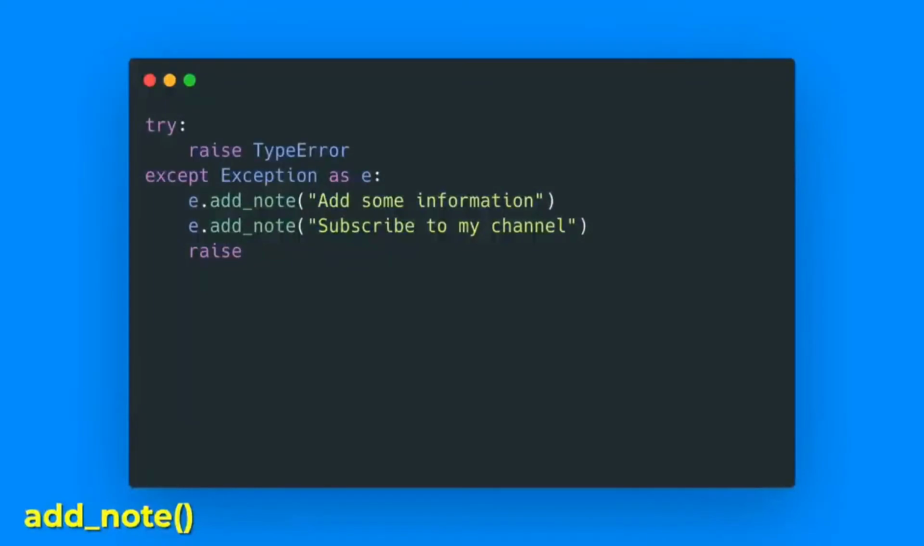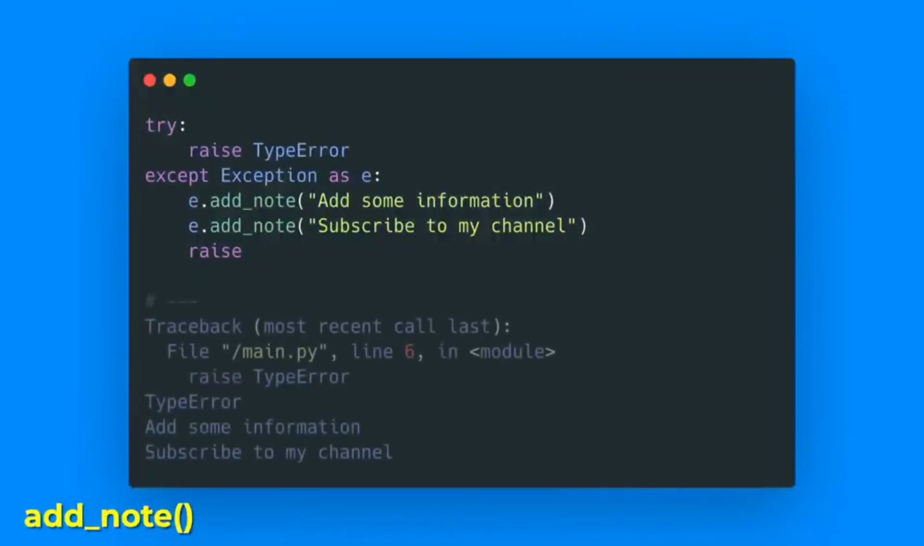The add_note method is added to BaseException. It lets you add additional information, which then appears in the traceback. Here, when we catch an exception, we can call add_note, and when this is re-raised, we see the two notes